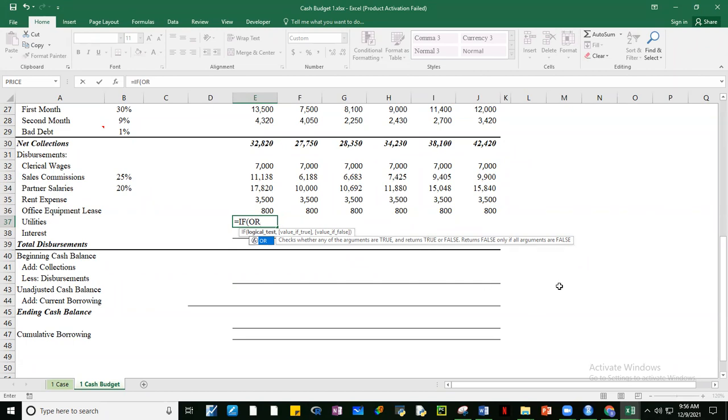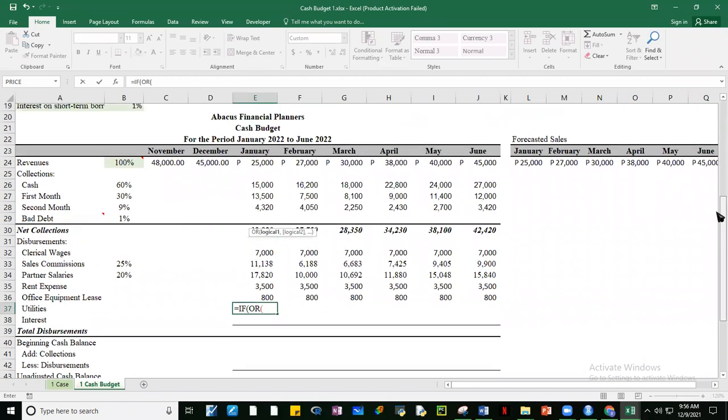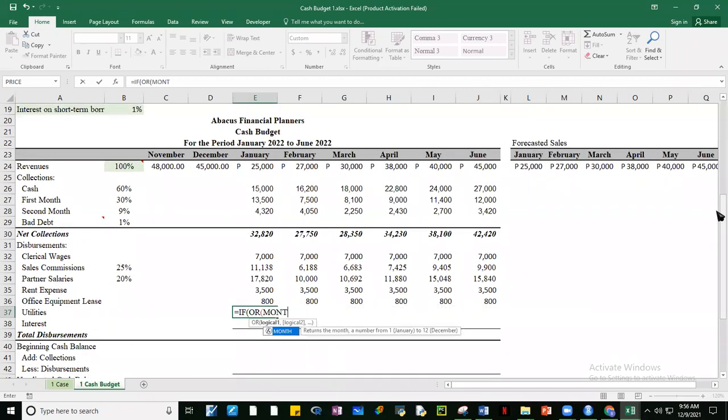Okay, so ano ba yung una natin? There's a function in Excel. I'm not so sure if I mentioned this to you before. Month, no? Yung month function. We can use this this January, no? January character. Okay, let me just show this to you. Ano ba yung month E23? Okay, it gives us a value 1. Okay, so this function month E23, which is month ng January, gives us 1. So ito yung pang ilang month yung month na to. So January is 1st, February is 2nd, etc.